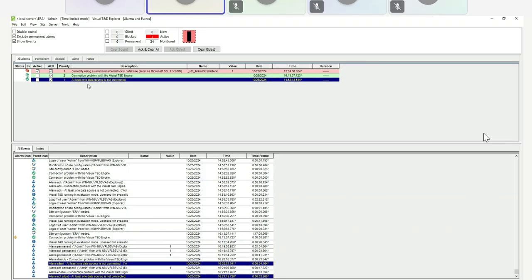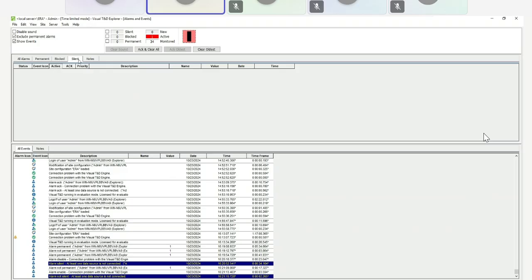And silent, just tell me first silent, then come back to block again. Silent, because in the software there's always a sound. When you first log in with the software, there's a chime sound. And it's like an interlock of this clear sound, this acknowledge all and clear all tab.